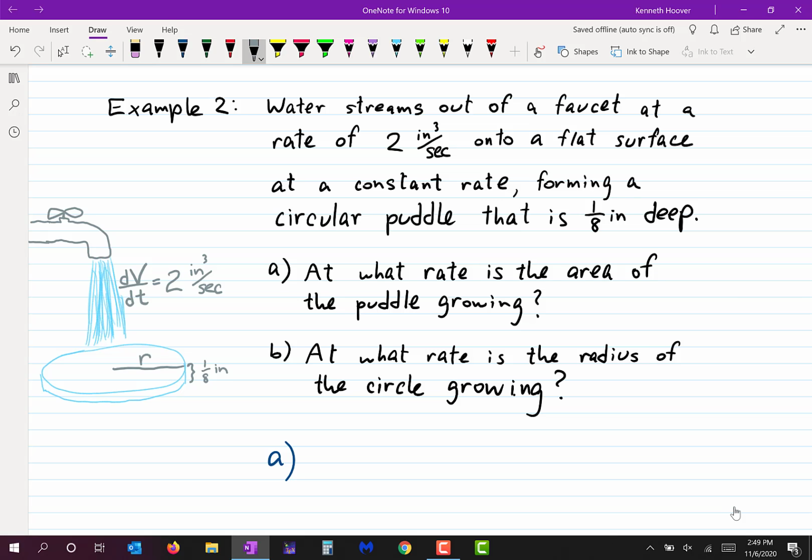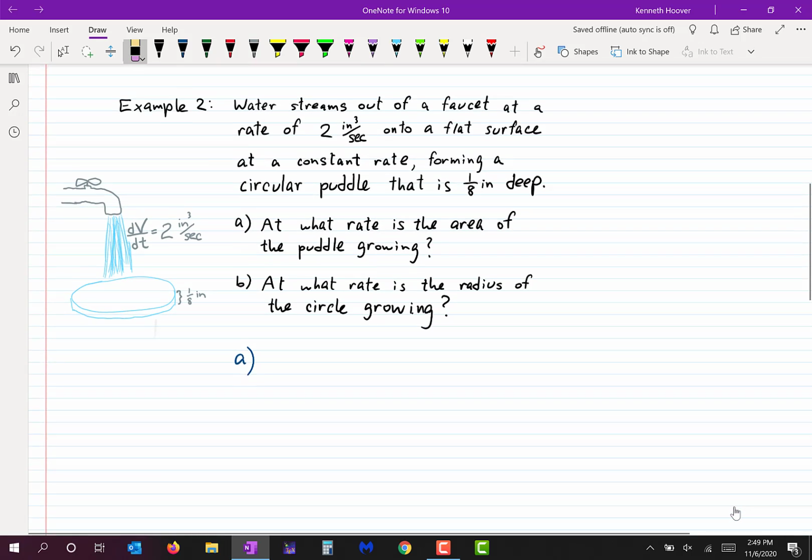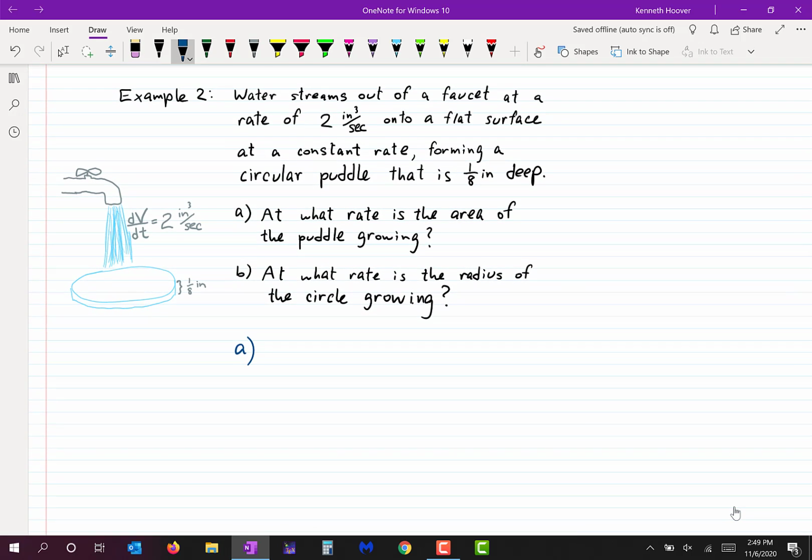And they want us to find the derivative of radius in question B. All right, so here's what we're going to do. Just like last time, we write down the rates that are mentioned, ones that they tell us and ones that they ask for. Okay? So, for question A, the first rate